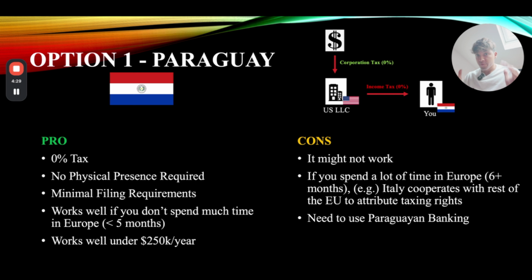If in your 12 months in the calendar year, you spend 9 months in Europe and 3 months outside of the EU, what happens is that the European countries actually cooperate to attribute taxing rights. So what does this mean? If you're an Italian or a Swede, let's go Italian. If you're an Italian and you spend 3 months in Italy, you're like, oh, but I'm not spending a lot of time in Italy. But then you spend 3 months in France, 3 months in Spain, and then maybe 3 months in Thailand, right? Or 3 months in South Africa, in Brazil, wherever you want to go.